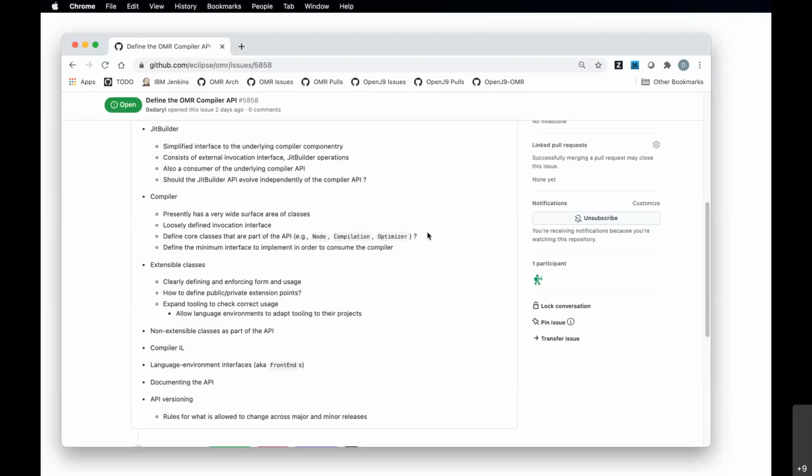Okay, I wanted to move into another aspect of the API, and that being the compiler IL itself. These are the opcodes for the tree-based IL representation.